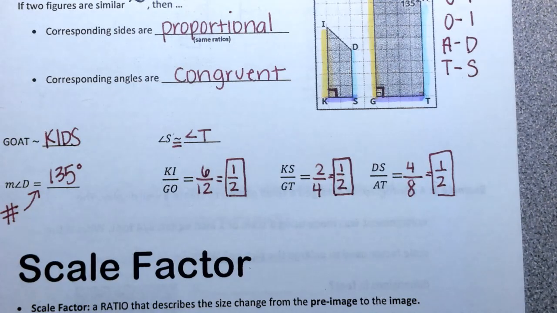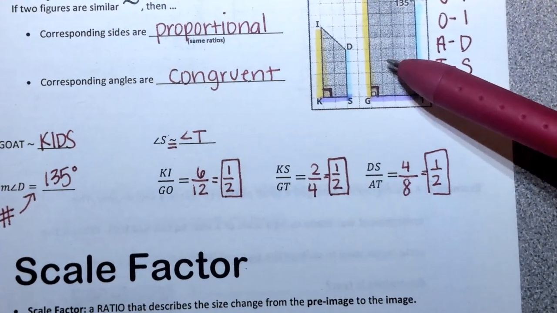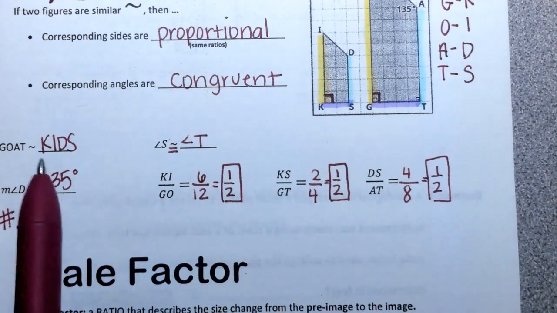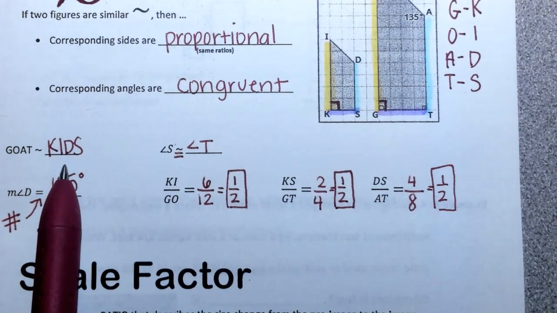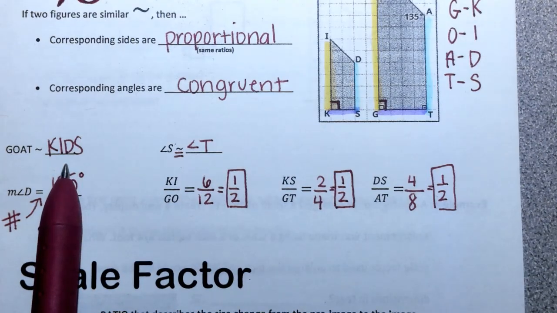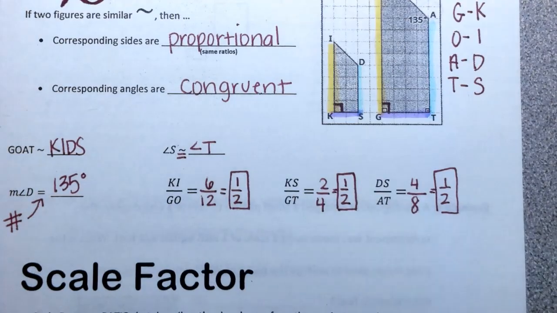What questions do I have? Okay, what we just did without me even telling you is we just found the scale factor. Do you agree that kids is half the size of goats? By the way, did you know a baby goat is called a kid? Like a baby dog is called a puppy. A baby cat is a kitten. A baby goat is a kid. Anyways,